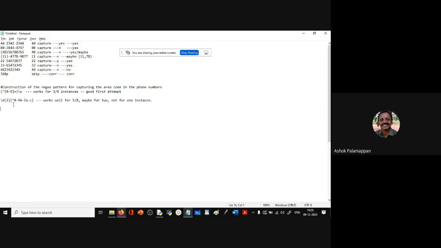So let's see where it is going wrong. That's how we analyze. So first is here. As we said, it may match. We have to put a caret symbol here, so it is matching at the beginning. And secondly, we have to match for a parenthesis at the beginning. So let's add the symbol to this expression.